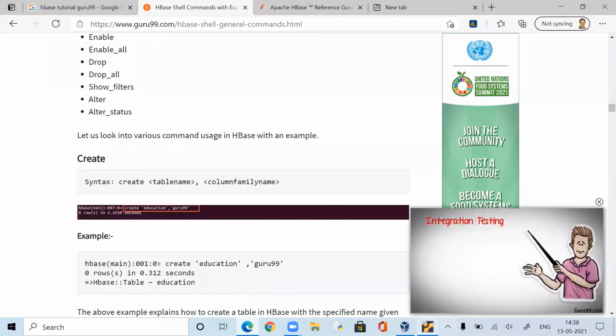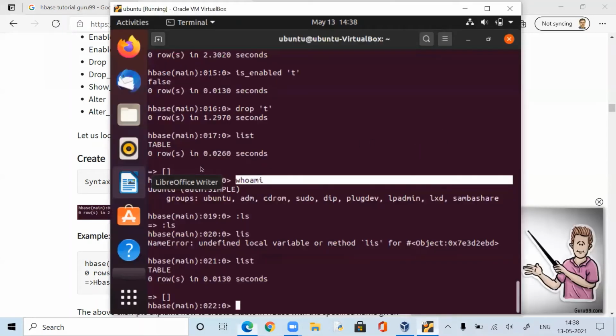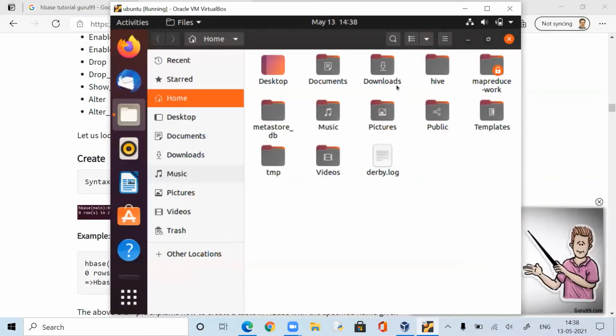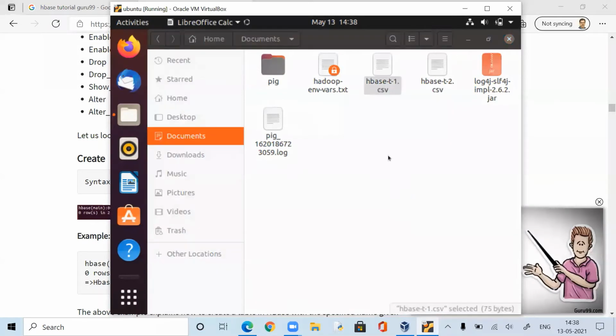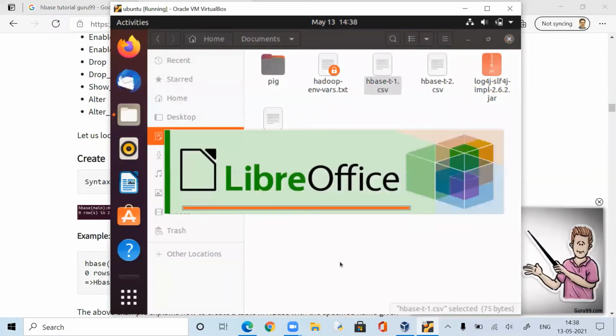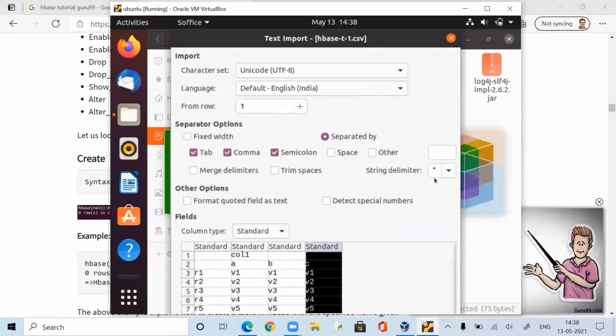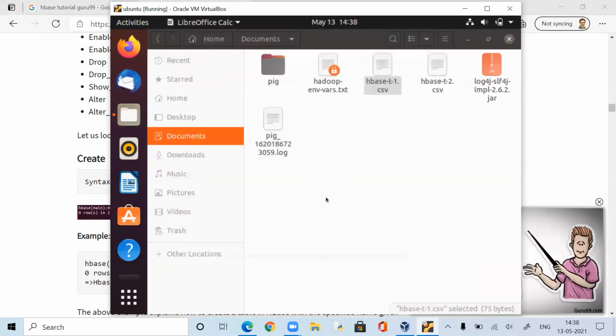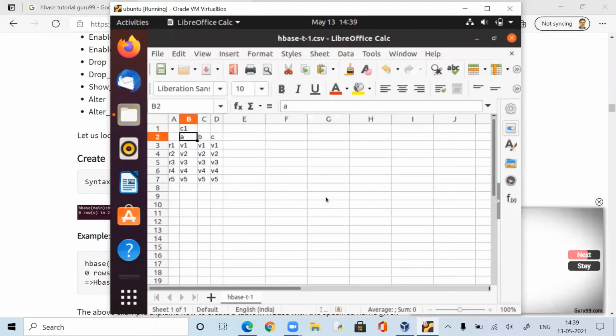Now at this point in time, I would like to open one of the tables. I think I have, yeah, this one is a small table. I have a CSV file. Why do I have a CSV file? There is an intention, I'll tell you later. So you see here I have a column one. This is actually a column. In this column, there are 3 subcolumns, and there are rows.